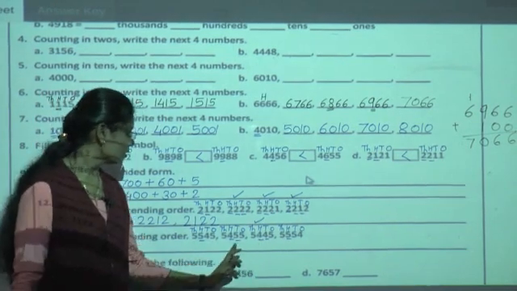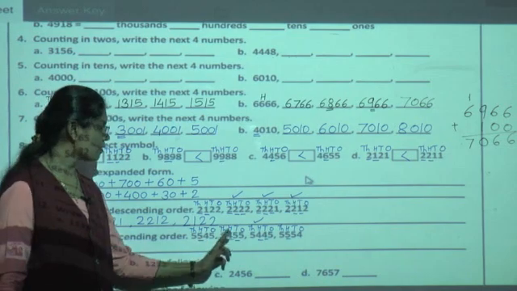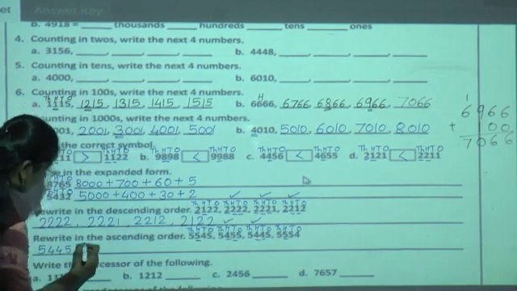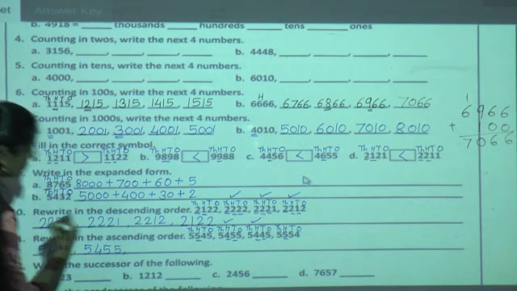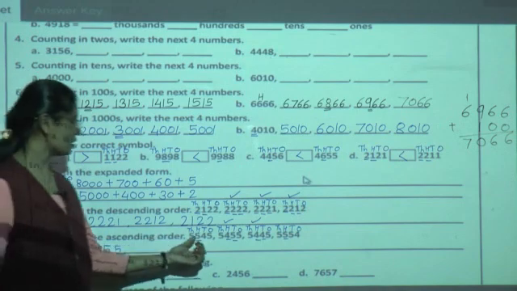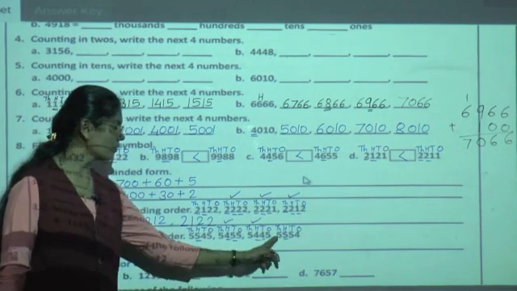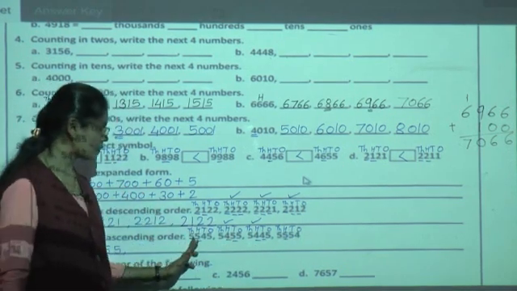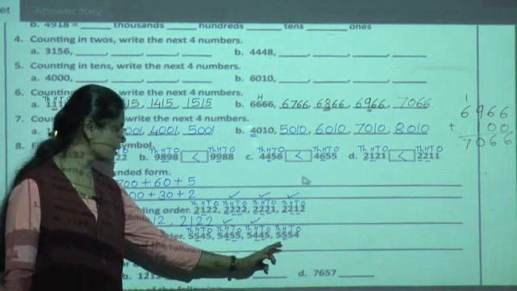Here 4 is there and here 5 is there at the 100 place. So 4 is smaller than 5, so second this number will come, 5450. Now see, here 2 numbers are still remaining, 5545, 5554. Now here also thousands place equal digits are there, at 100 place also equal digits are there, so we